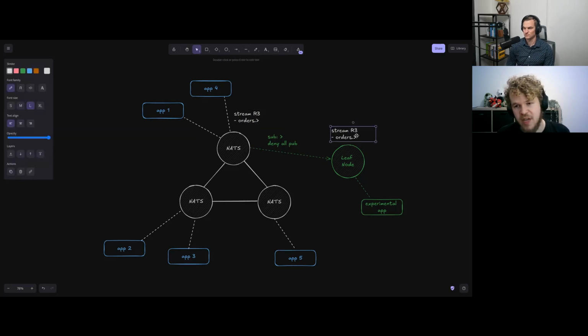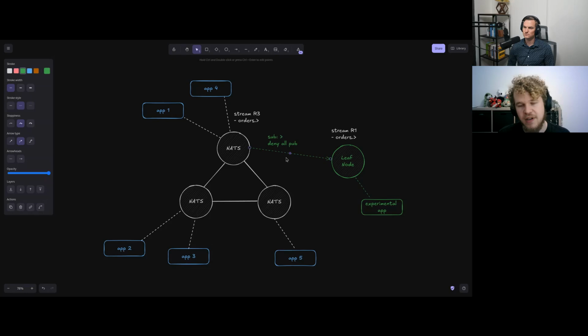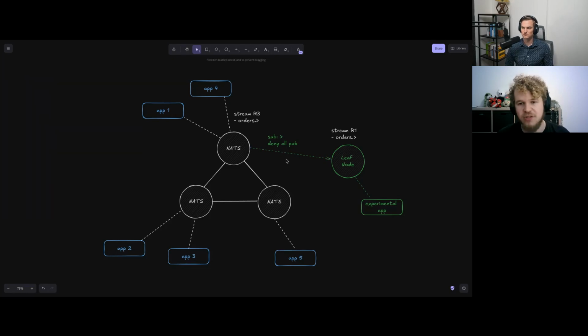You could have the same stream over here, also capturing the orders, but because it's listening to just the core messaging and publishing onto this, your applications connected to the cluster would still get the acknowledgement from the R3 stream. The message that's just going over the orders subject would be passed on to the leaf node. And even though this stream would try to acknowledge back to the original, because it's read-only, it cannot publish back to the cluster, so you have this way of tapping into this data.